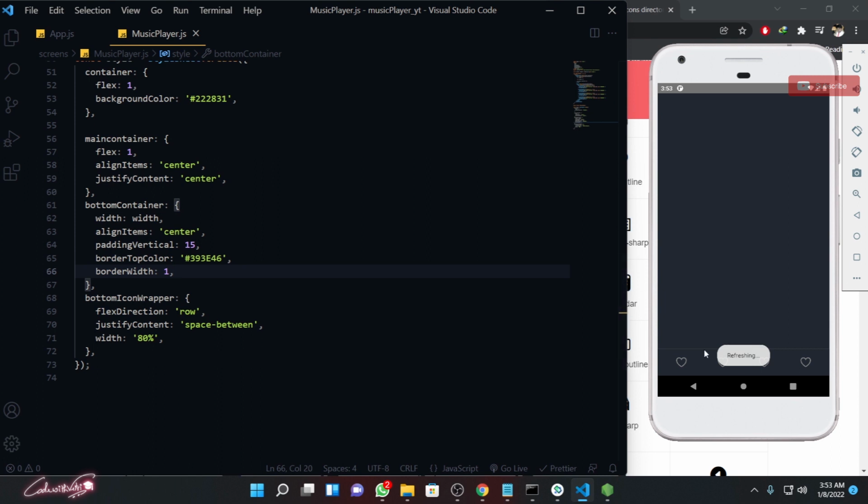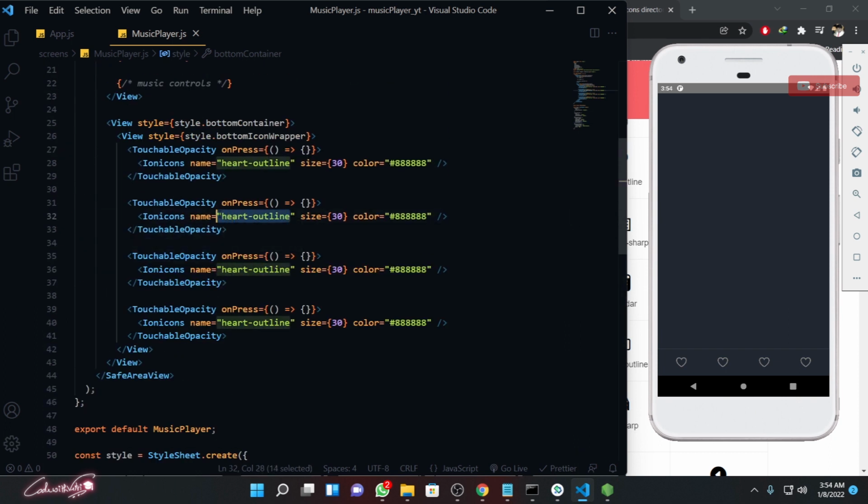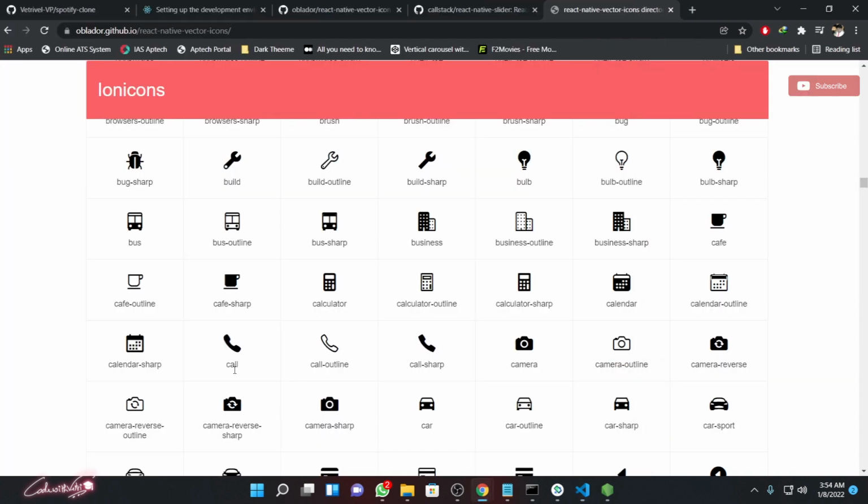Save the changes. Now you can see that we have that border and we have these different icons over here. So I'm going to change the icons. This is supposed to be repeat, and this is supposed to be share outline, and this ellipsis horizontal. So you can search these files, these class names and everything from the icons library over here. You can search it and just copy it and give it to your